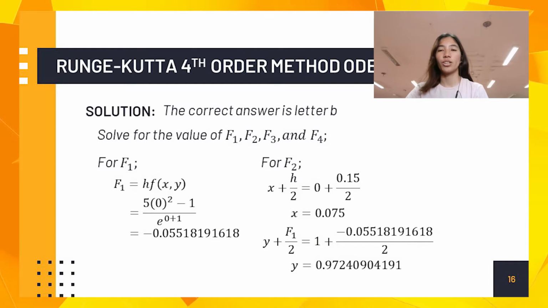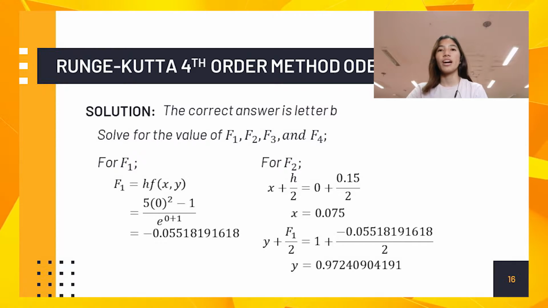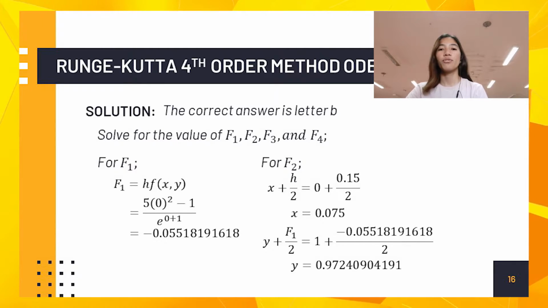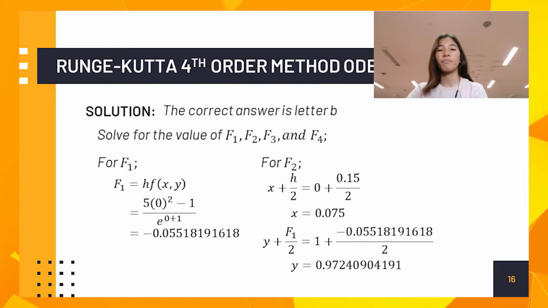For its solution, we need to solve first for the value of f1, f2, f3, and f4. For f1, only direct substitution will be done to the given equation using 0 as the value of x and 1 as the value of y. This results to negative